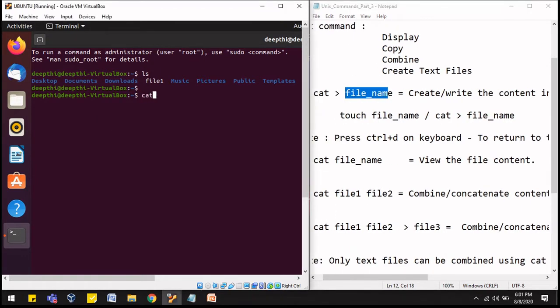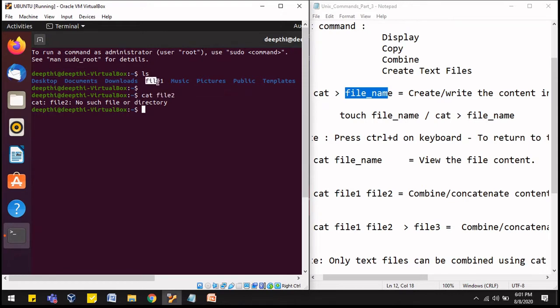If I write cat, let's say I create a file file2, and when I press enter, it gives me this error. Why? Because if you have gone through the second video, you will understand that if you just write cat and then the file name, it will just try to read the content of the file name that is provided.